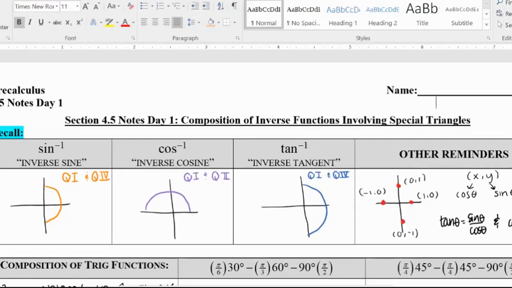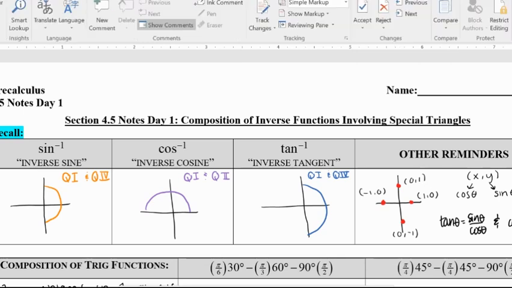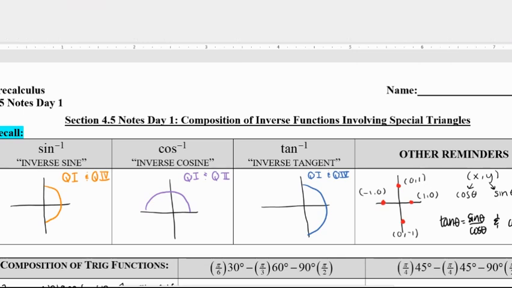Hey pre-calc students, welcome to today's lesson on composition of inverse functions involving special triangles. So everything that you see on your screen right now is a review of what we've been talking about when it comes to inverse sine, inverse cosine, and inverse tangent. They are restricted to certain quadrants, and it's also important to remember that it's not just the quadrants that will help us find the answers. It is also the degree measures